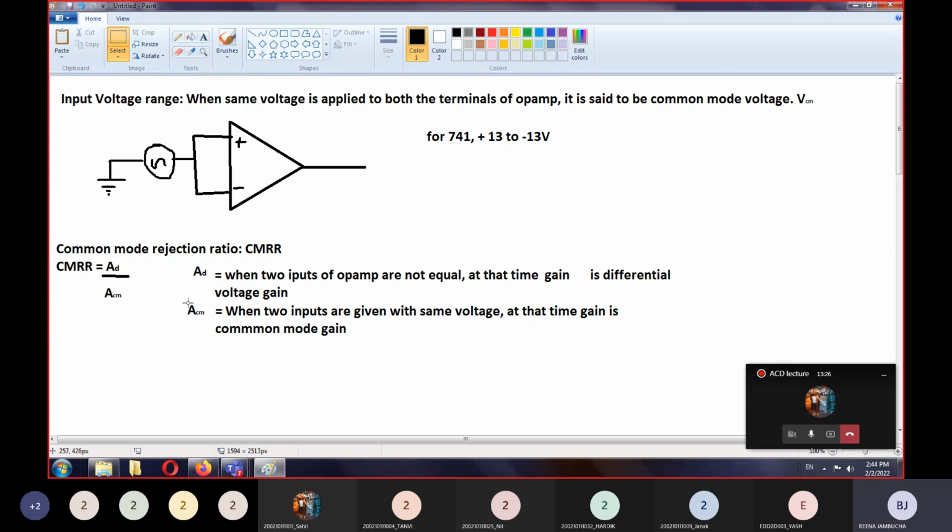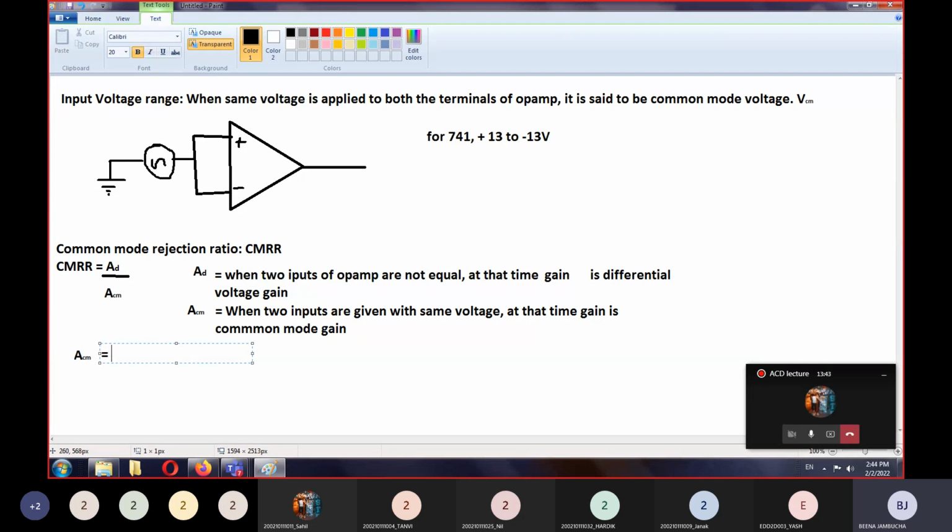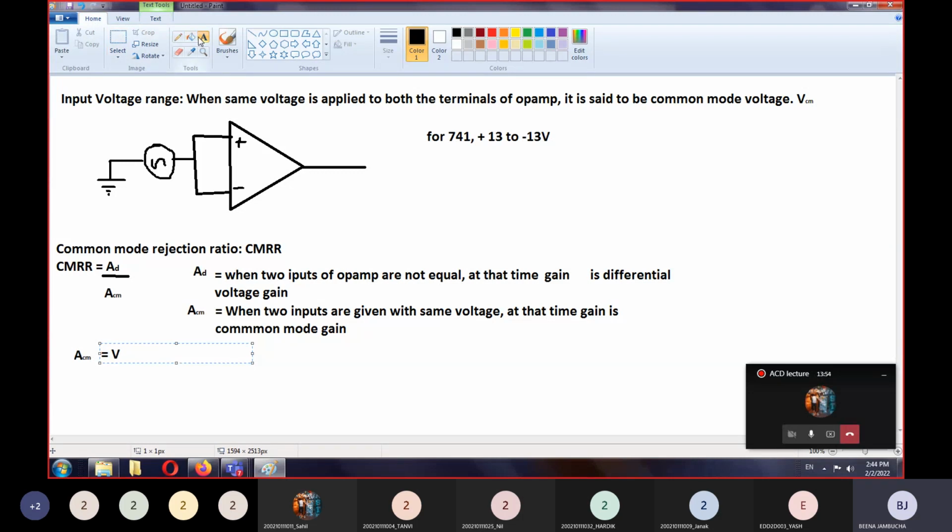What will be the equation for common mode gain? Differential gain is always provided in the datasheet of every type of op-amp, while common mode gain you can measure yourself. So basically it is the output voltage when